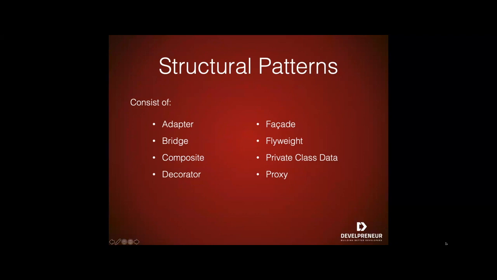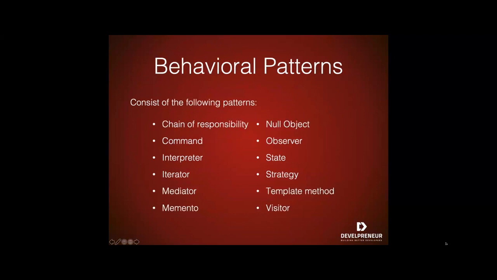Private class data, kind of self-explanatory, is class data that's defined privately. Proxy is a structural design pattern that lets you provide a substitute or placeholder for another object. A proxy controls access to the original object, allowing you to perform something either before or after the request gets through to the original object. Some behavioral patterns, we have chain of responsibility, which is a design pattern consisting of a